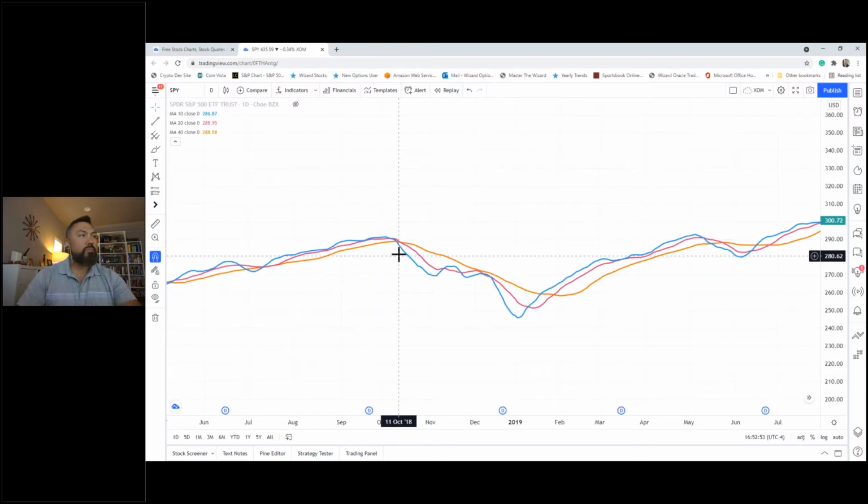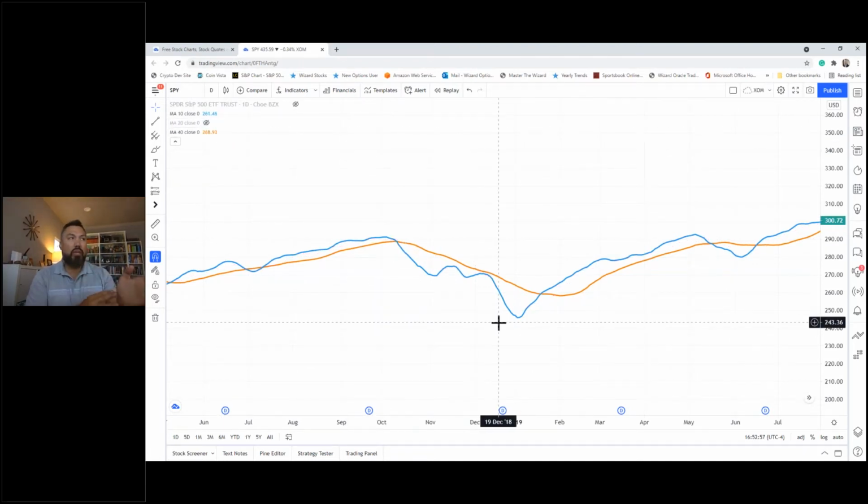Long-term trend. So if I get rid of the middle, and let's look at the blue, the 10, with the 40. When that 10 crosses above that 40, that is a big shift. Okay, that's not a micro change. That's not a retracement. That's not a blip on the radar. That is a confirmed trend change. Reversal is a more relevant term.